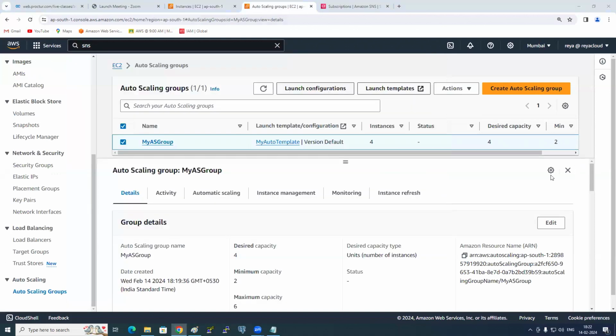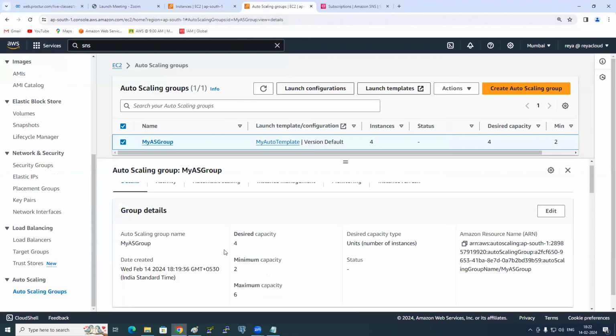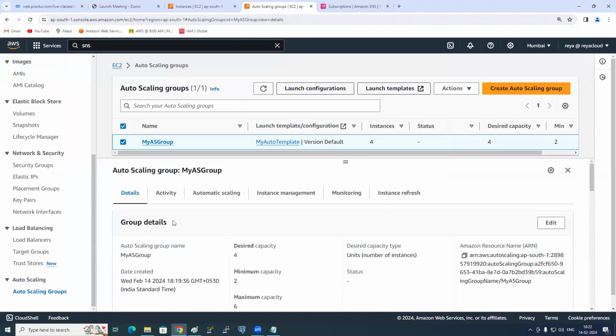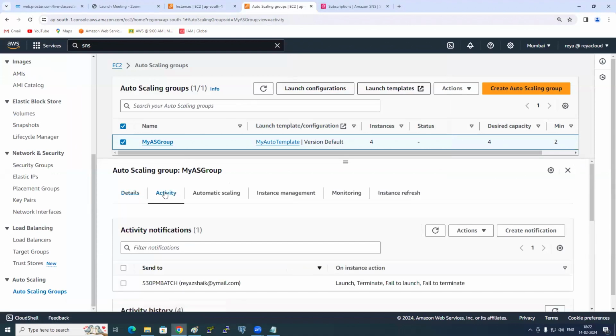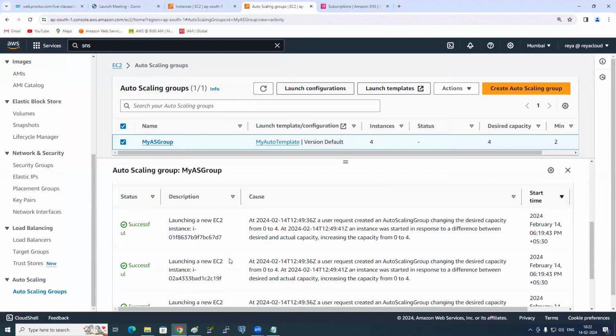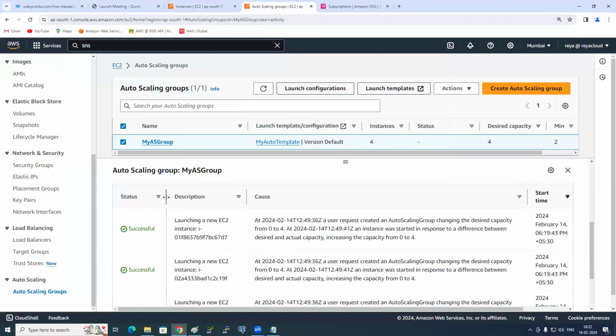Okay. So meanwhile, while it is coming up, we'll see the details here. Details is the place where you get all the details about this auto scaling group. Activity is very important here. Activity means anything which is happening in the auto scaling group, you will get it here with the reason.